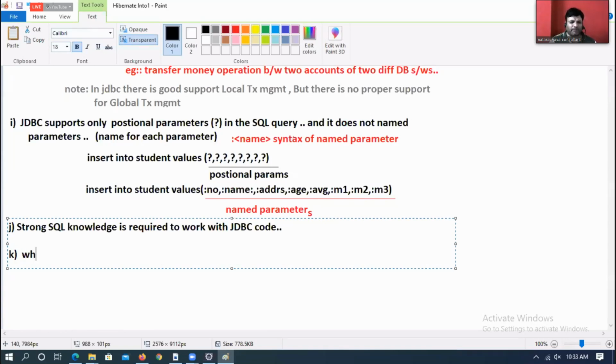While developing persistence logic in JDBC, we cannot enjoy inheritance.